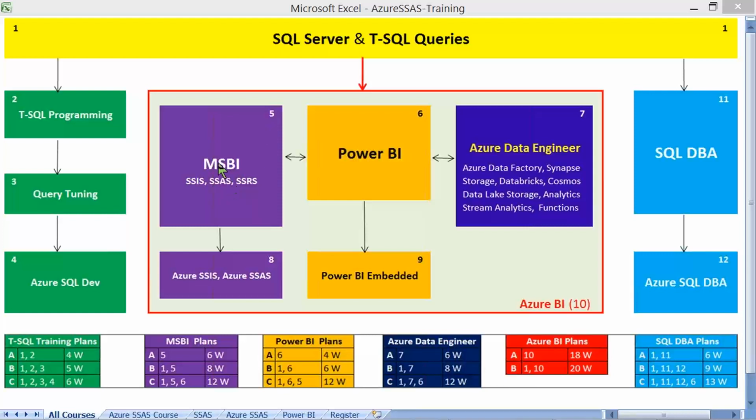In Microsoft Business Intelligence, MSBI, we design OLAP databases, either multidimensional or tabular. Whereas in Azure SSAS, we would be involved in the design of